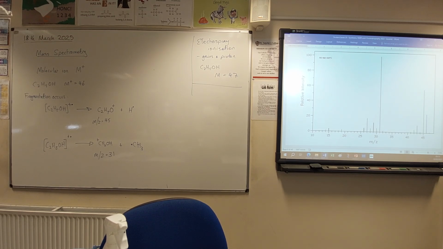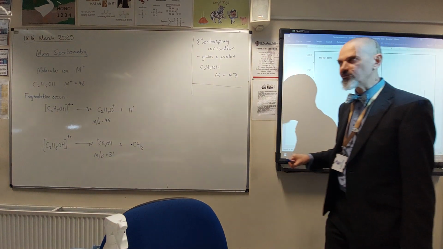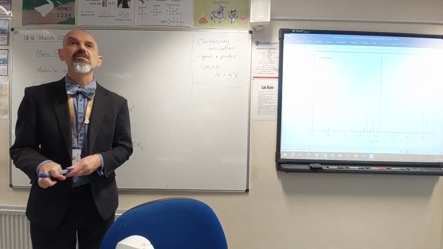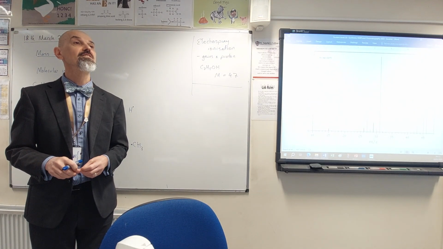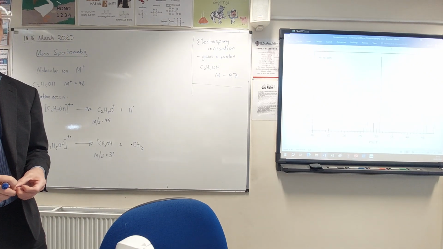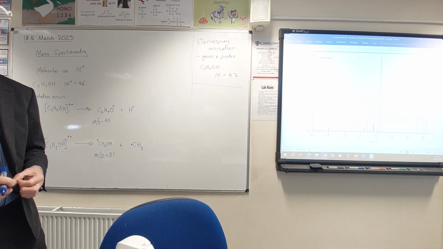But just before we go, those with sharp eyes will have noticed that 46 is the molecular ion peak. There's a very, very tiny peak at 47. How can we get a peak at 47 for a molecule with a formula mass of 46? Anyone else? Right? Josh knows? Does it react with the free radical hydrogen to add one to the mass? Right, so